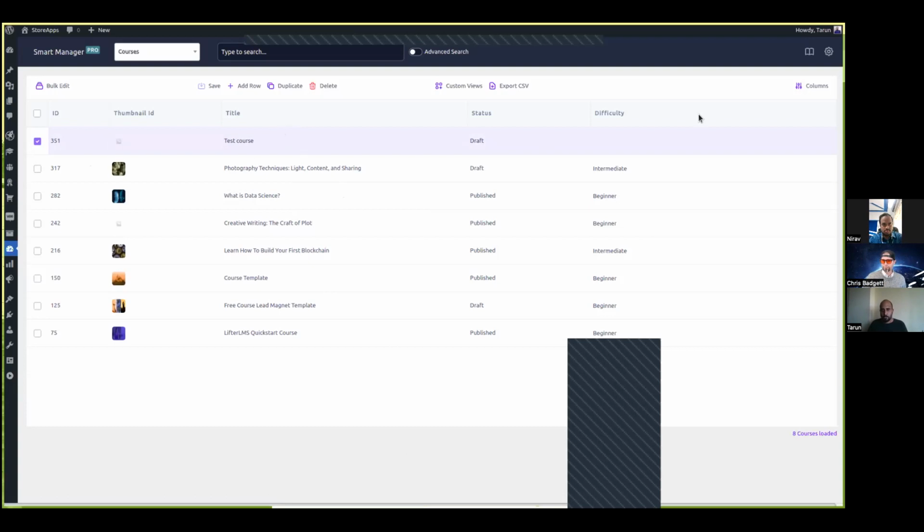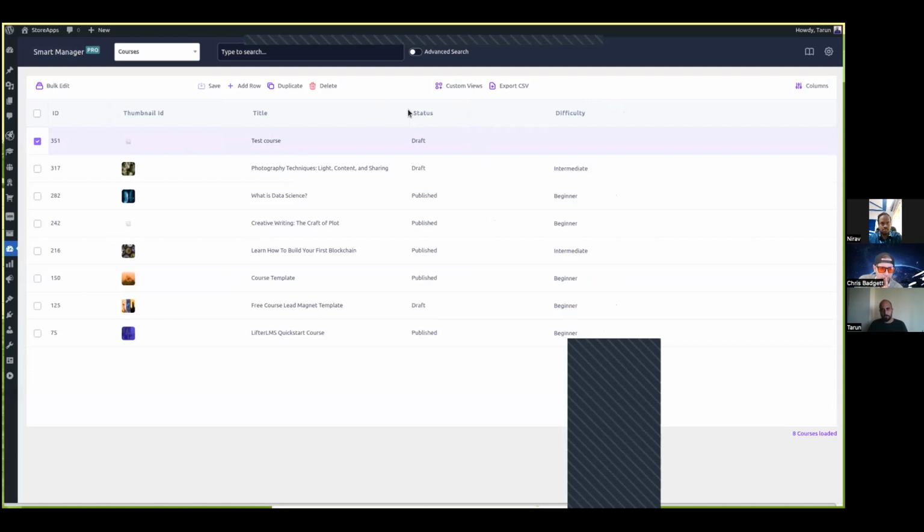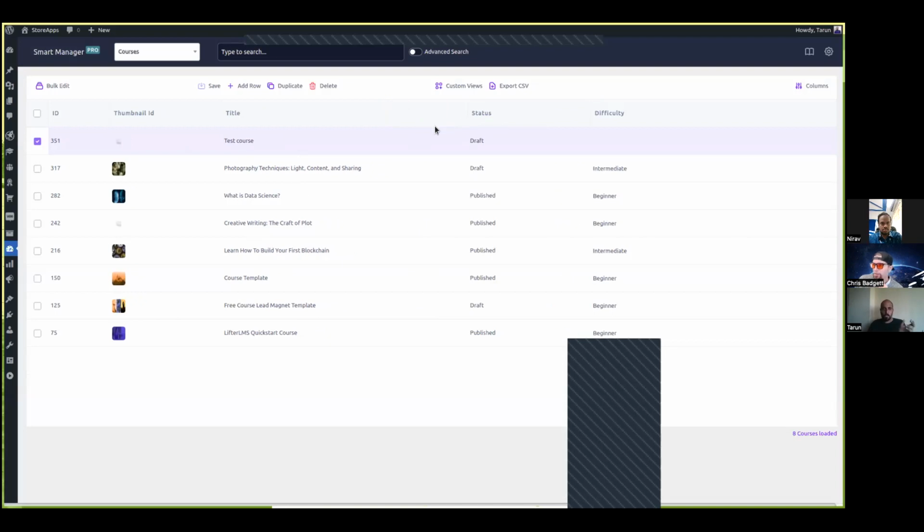Yeah. Next one is, so I explained export, I explained custom views. Columns was one thing which we explained. Here, one more thing, just like I explained in the beginning, is that we can toggle like this. If I want, I can increase the height like this, or reduce the width like this, or something like that. I can also sort it using the ID or anything. So this is sorted in the ascending order. This is in the descending order.